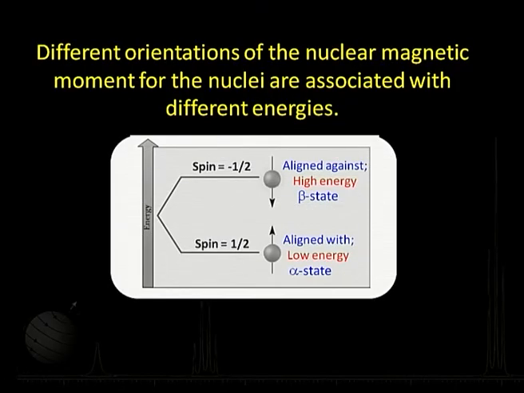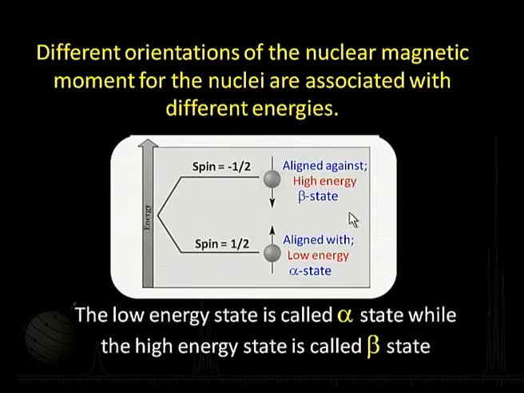But I need to know the energy of the level I am talking about, and these energies can be worked out. Probably I can just show you schematically first that two spins are there. One is a spin half, that is the z component will be having, one is plus half, one is minus half. This is the positive one, this is the negative one. So, this is of low energy. This is called an alpha state, and the spin which is aligned against the field with the spin component equal to minus half is called a beta state.